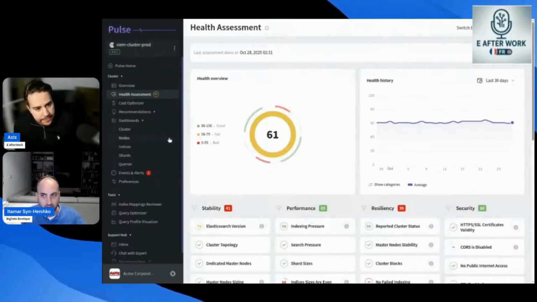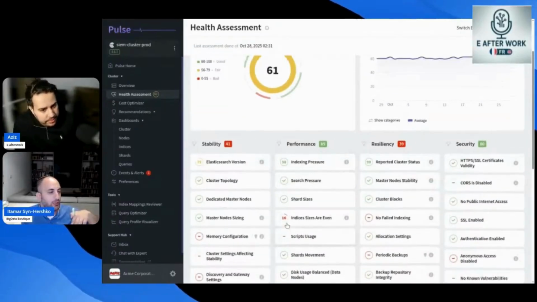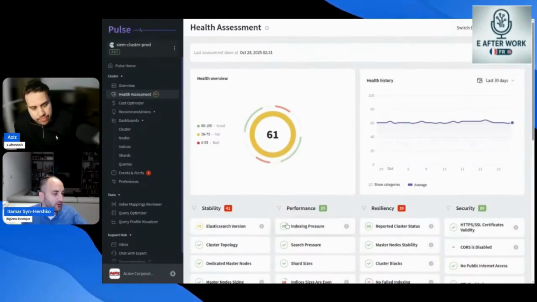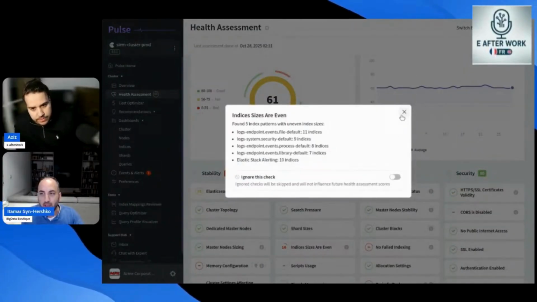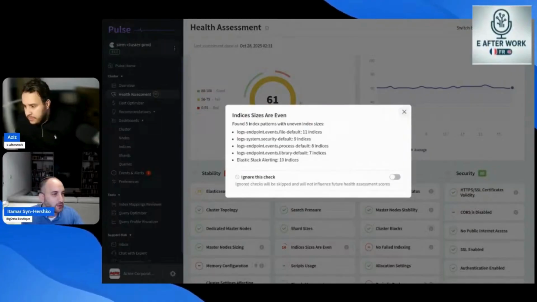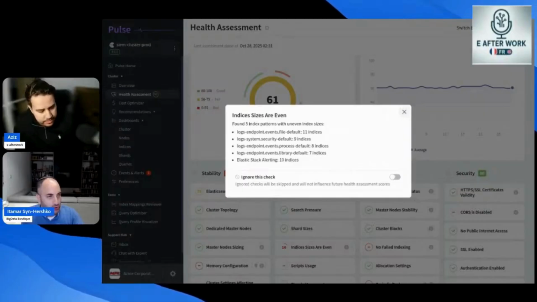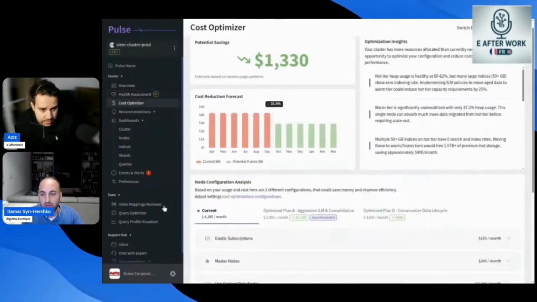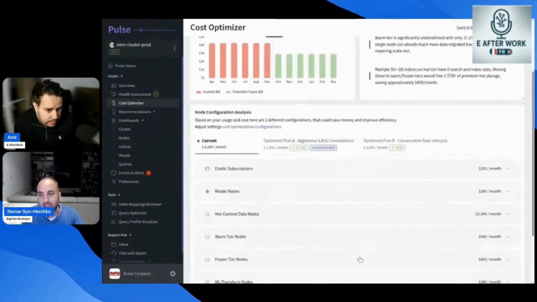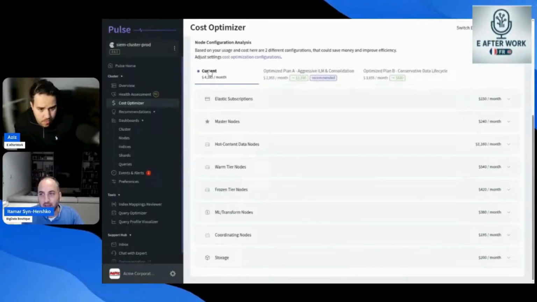For cost, a lot of the recommendations we're going to get you around stability and performance are going to be the same, but we could also be able to affect performance. So for example, indices sizes are even. If we are going to have a recommendation about moving to data streams, it also relates to some extent to cost. So when you go to the cost optimizer, we're going to basically automatically generate the current